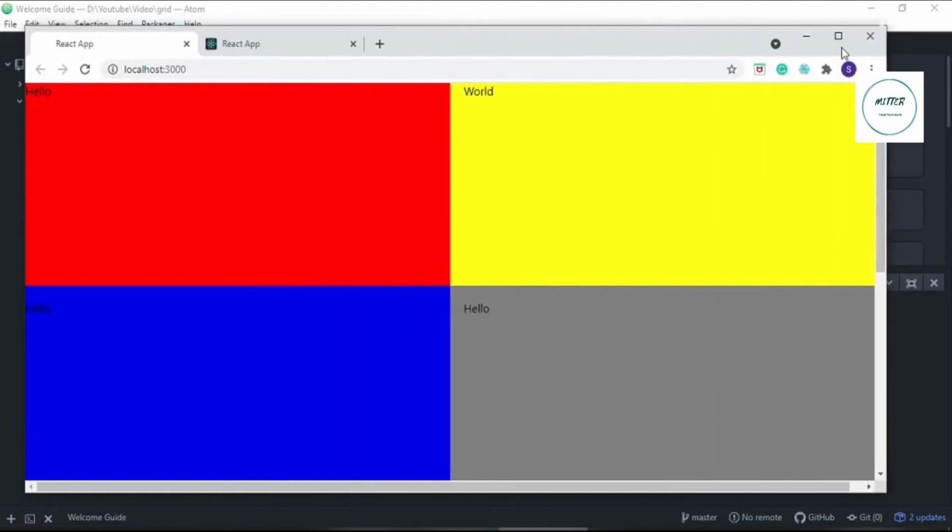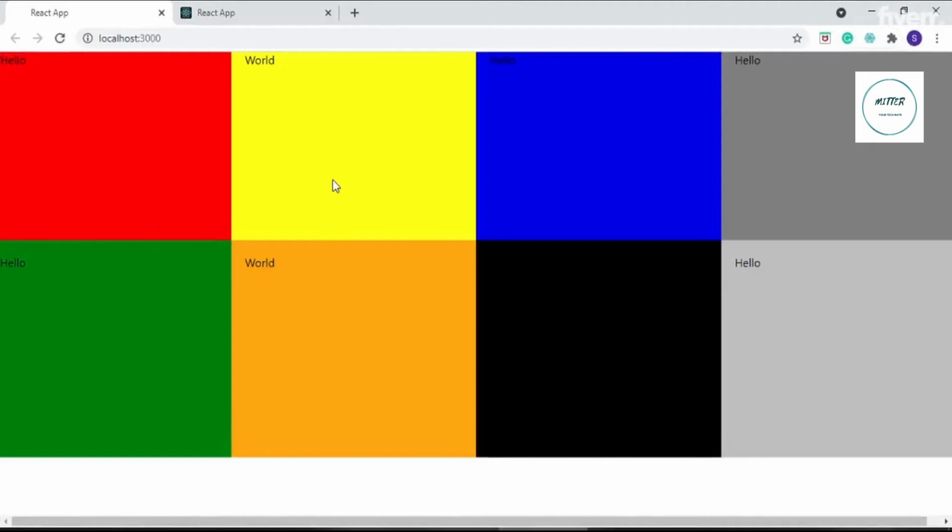Now you can see that I've given different colors to the different blocks. This is just for the explanation, but actually all these blocks will have some kind of content in them. As of now, I've just written a simple text, hello world. But actually you will see on websites that here can be some logo, and these 3 can be a nav bar, or here can be some kind of form to fill in the details.